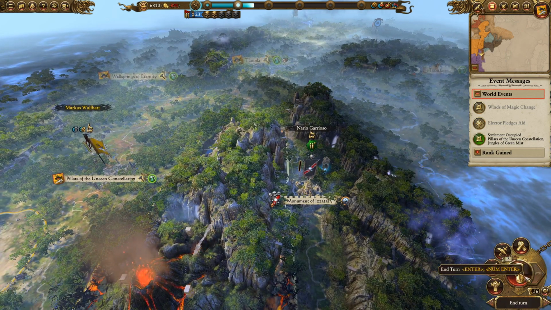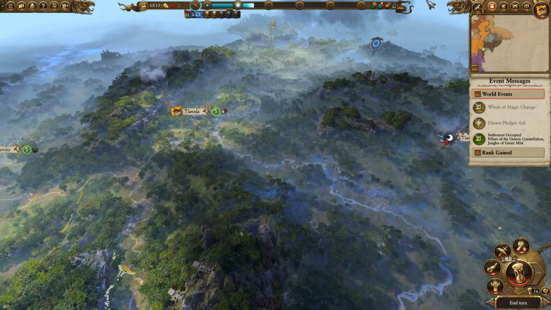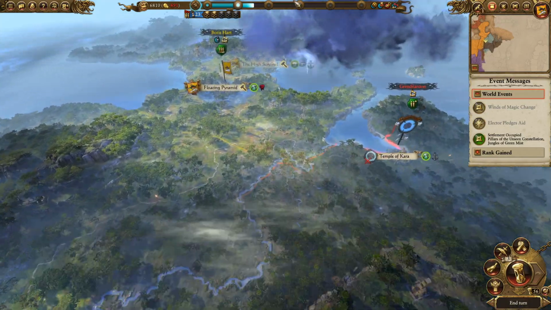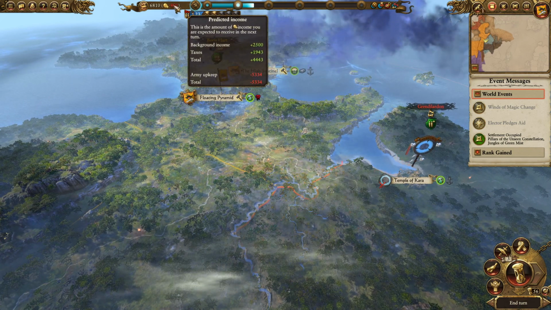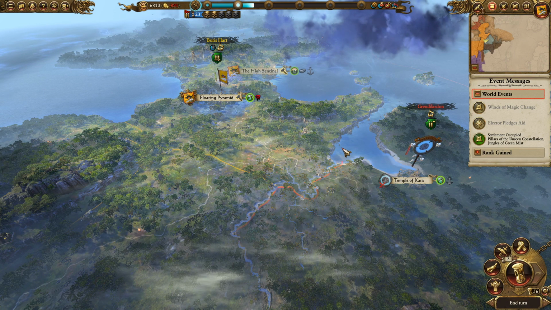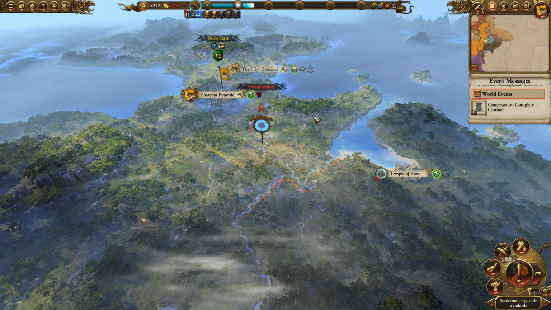So we're going to end the turn there, and this is probably going to be the last turn of today's session. We're just going to clean up a little and try and get this up to a positive figure again. So we're going to pass the turn there. So as we can see here, this